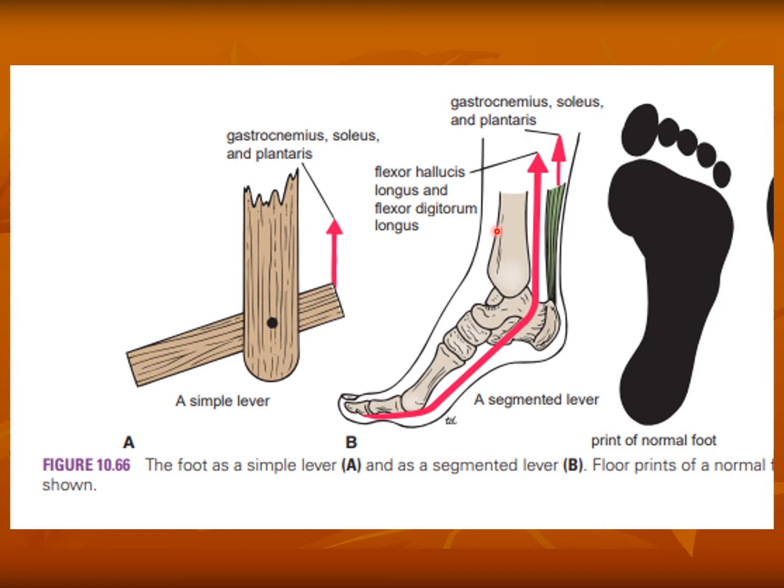That is the mechanism of foot movement, and this diagram is just showing the normal footprint. As you can see, the lateral border is almost complete, but there is a curve on the medial side or medial border of the foot because of the presence of the arch. So here we have the medial longitudinal arch, and on the lateral side we have the lateral longitudinal arch. The transverse arch is running like this.